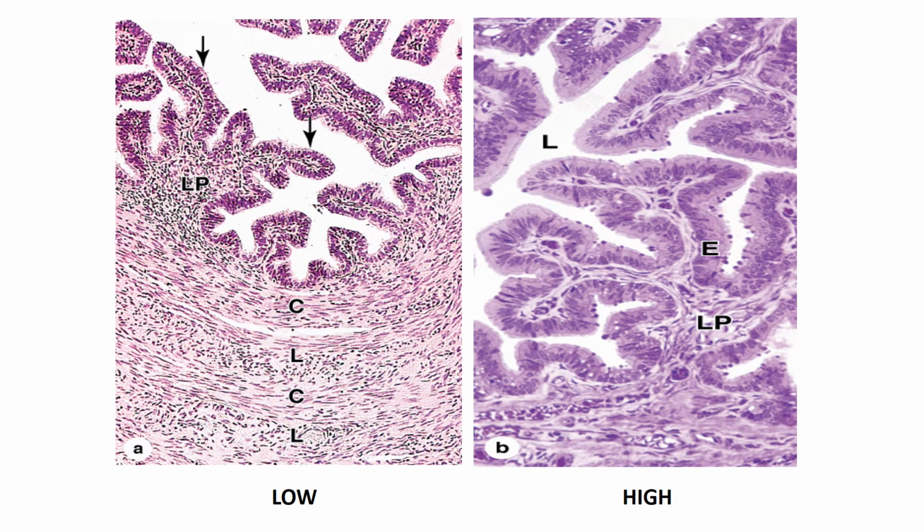So this is the appearance in higher resolution. Here you can see the lining epithelium, which is the simple columnar epithelium, on the left side in the lower resolution, and the core is the lamina propria, which is loose connective tissue with rich vascularity. Now this mucosa is formed into folds, forming this labyrinthine or honeycomb appearance. And outside this is the muscle layer.